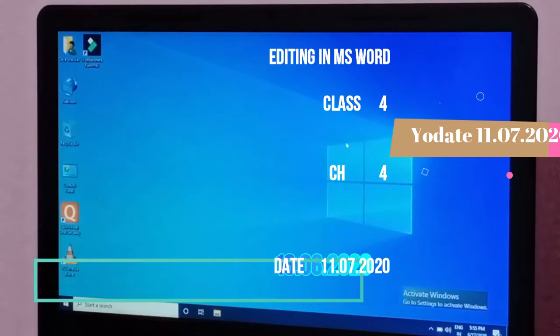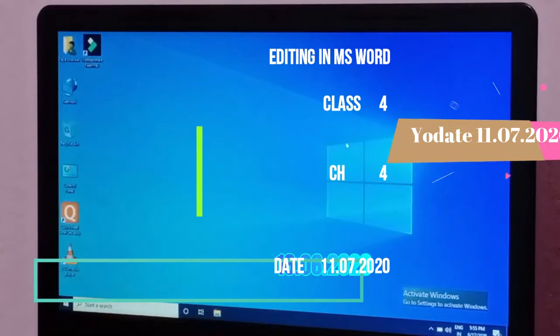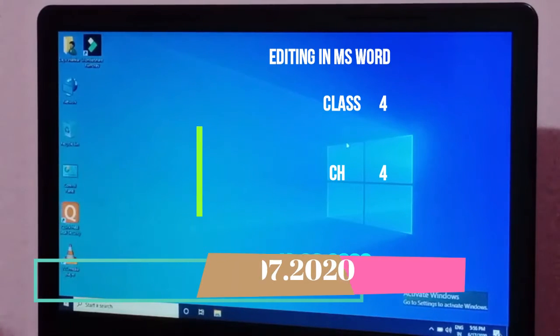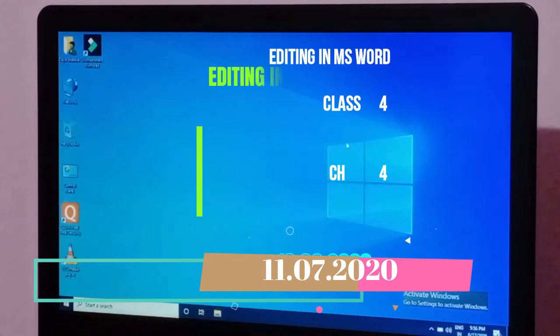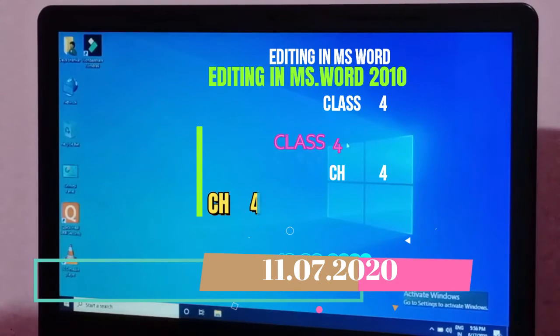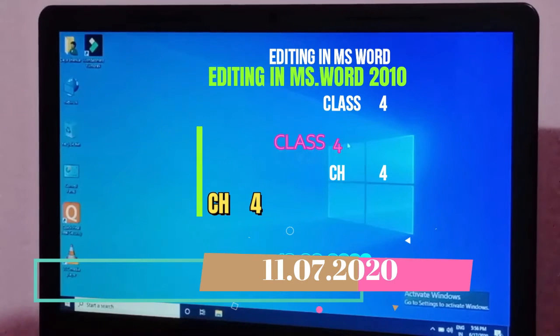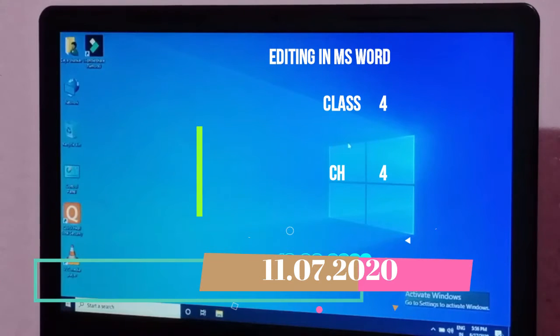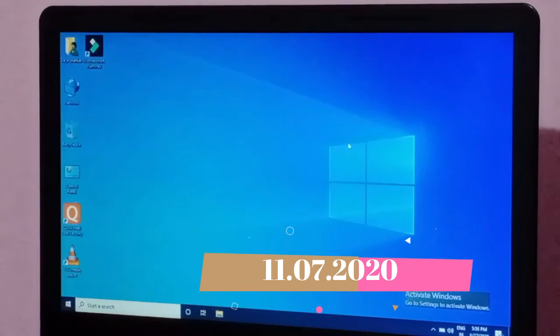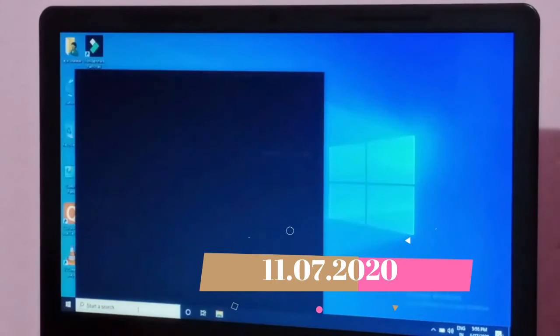This is the laptop. Today I discuss editing in Word 2010. In previous classes I discussed selecting the text, and there are many options: word, line, paragraph, sentence, text block, and the whole document. First of all I open MS Word.